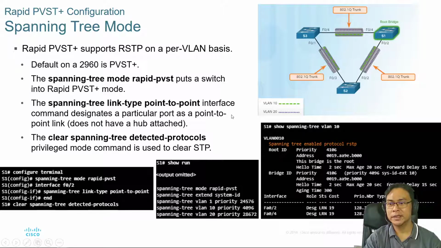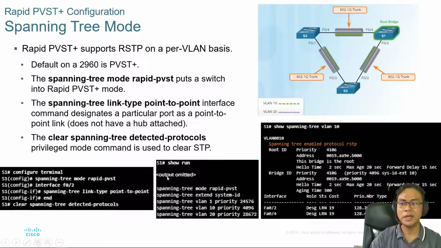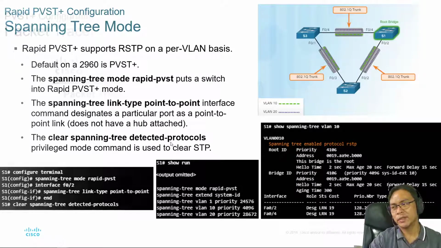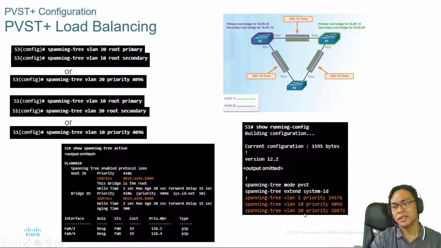Okay, the spanning tree mode. You just need to specify the or enable the protocol. So in this case, spanning tree mode, PVST ba or rapid PVST? Spanning tree extend system ID, ayun, VLAN 1 priority 24576. Nag-set na naman sila. Kagaya ng ginagawa natin kanina. Ayun, paulit-ulit dito. The setting,